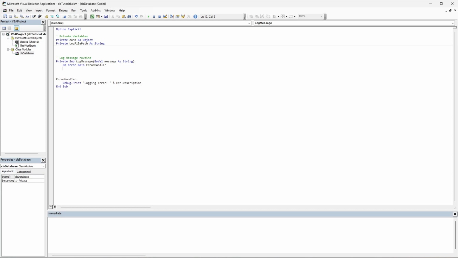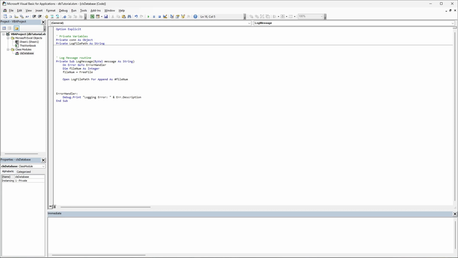So now what we need is our file. So going to get a file number as an integer. So that file number, we're going to set it to the free file variable. The free file variable just gets a number from the system which references an open or unused file. So we're going to open the log file path, which is this string here. We're going to set that a bit later on, but we're going to open that within this. For append, which basically means we're adding something to it,